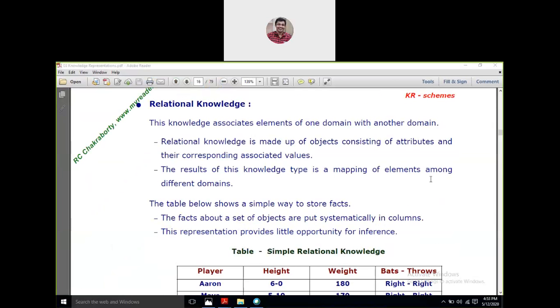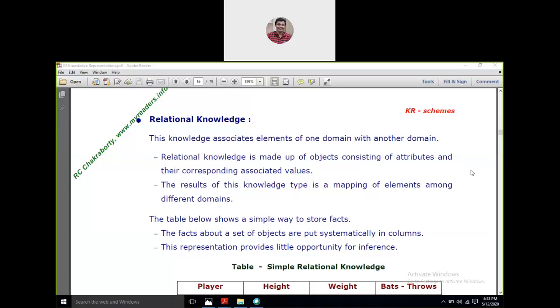So, out of the representation techniques, the first technique after what I have covered in the YouTube tutorials is the relational knowledge. For those of you who are picking it up for the first time and are at least interested in listening to me, let us start from here. Many of you have gone through this knowledge. What are these representations? These are our basic database representations. We have relations made up between the objects, consisting of attributes and their corresponding values listed under those attribute heads, right?